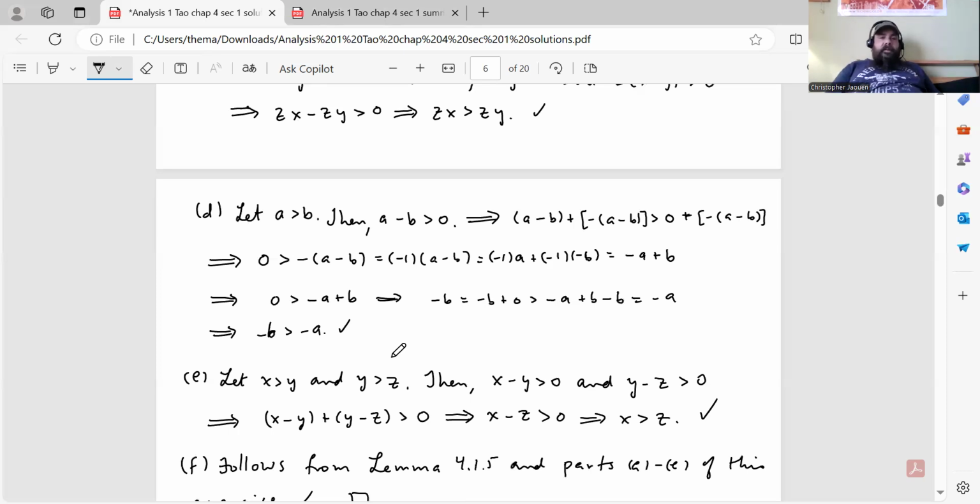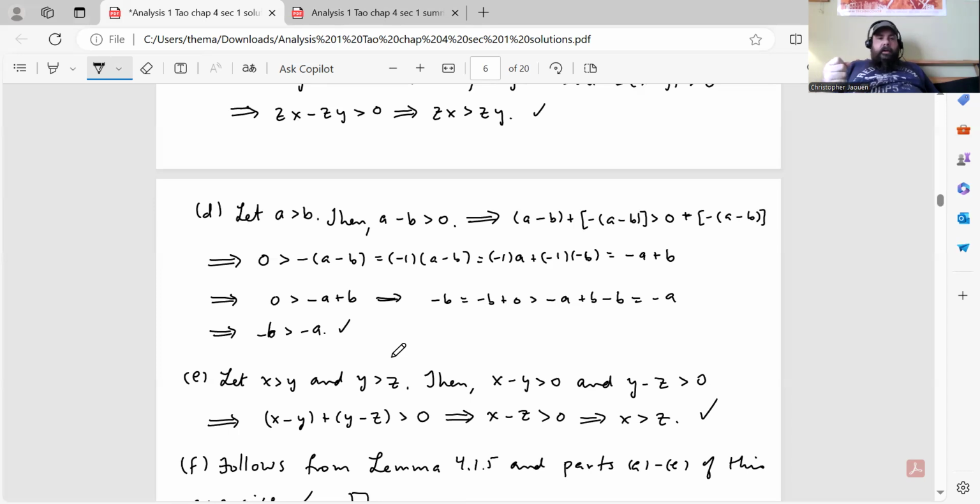Let A be greater than 0, then A minus B is greater than 0. That implies that A minus B plus the negation of that is greater than 0 plus minus the negation of A plus B. That implies that 0, right? A plus B plus its negation adds 0 by the rules for